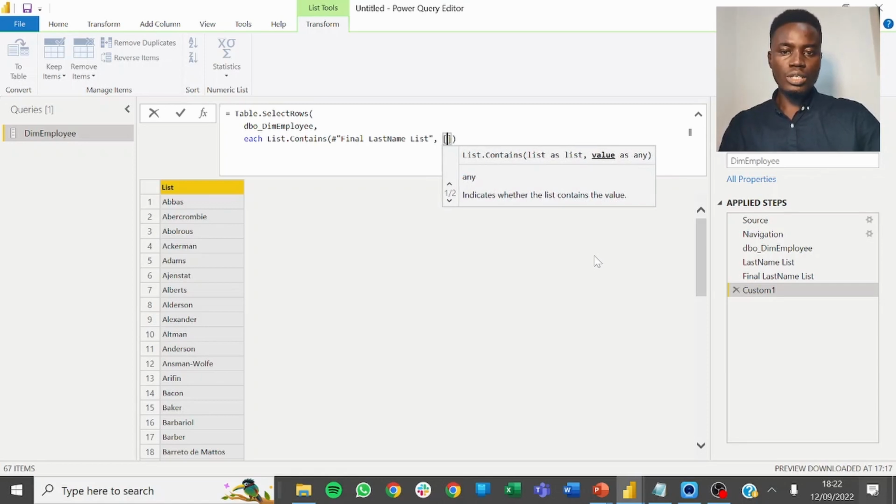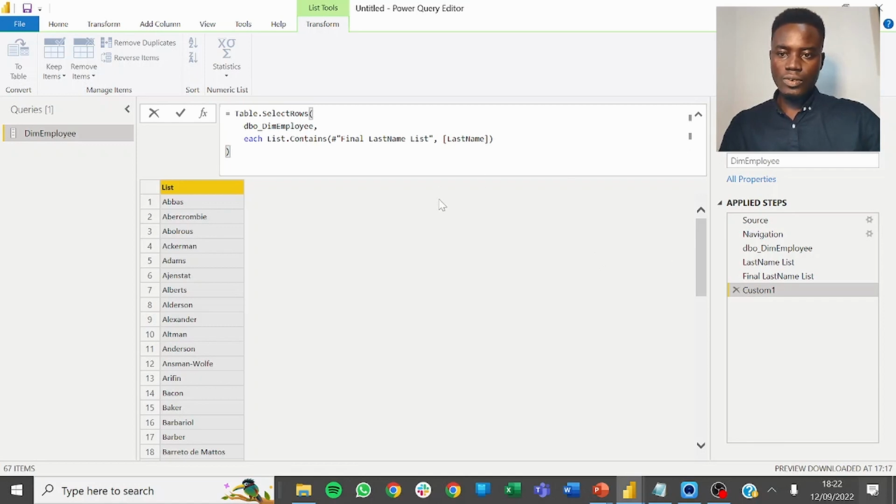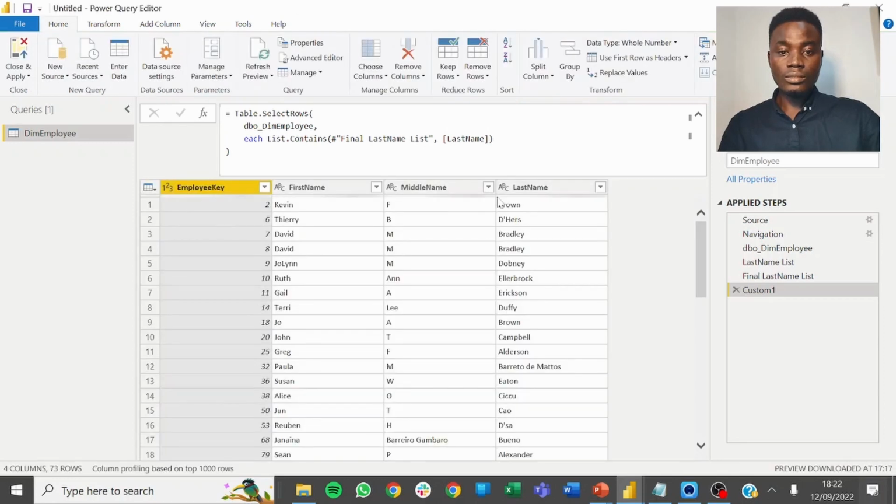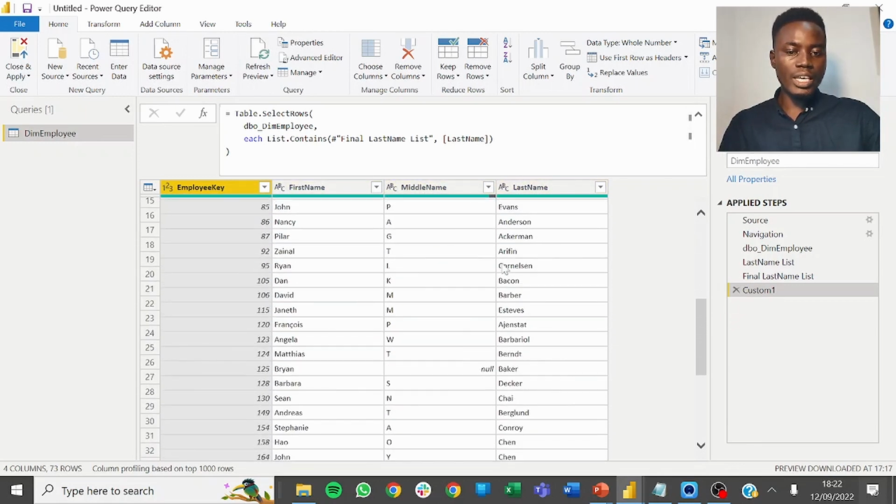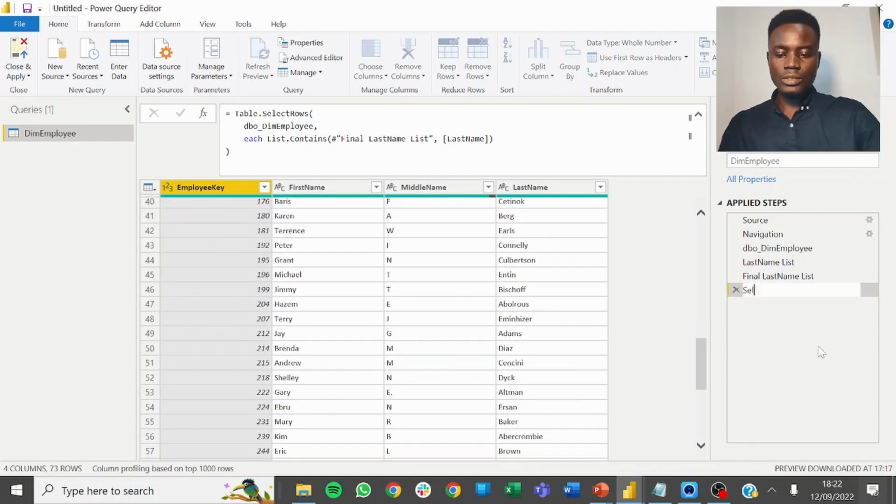The value now will be the value of the column, which would be last name. This is pretty straightforward. It should work fine. And now we've been able to select the columns and we've been able to apply our filters. We see that all the names are A, B, C, D selected